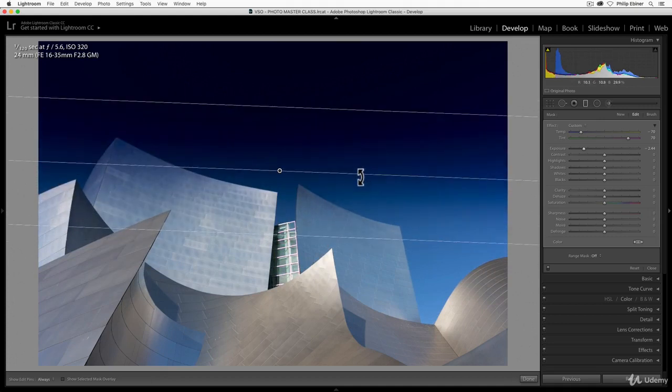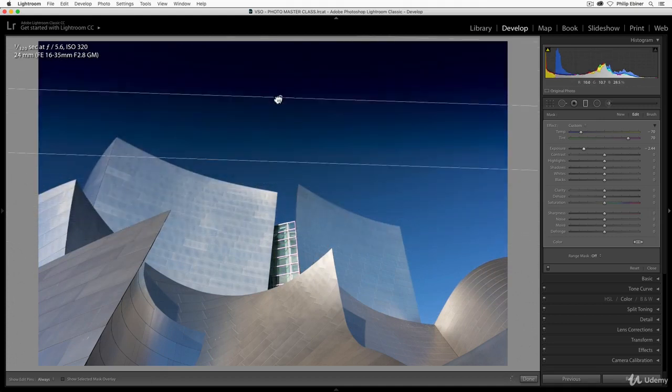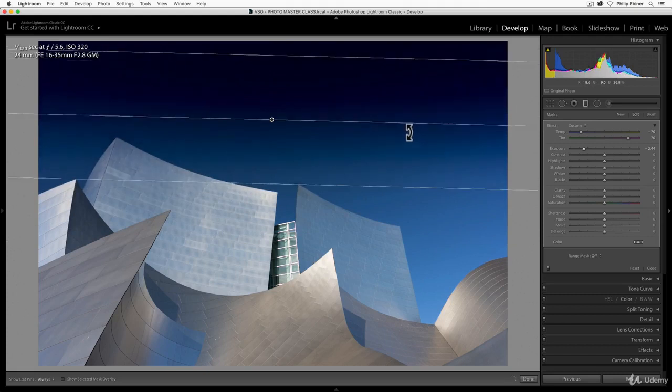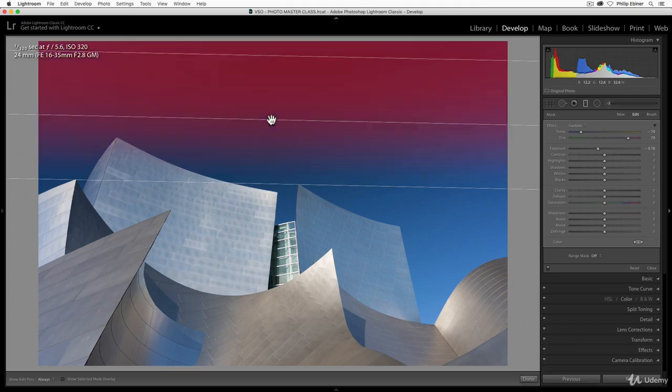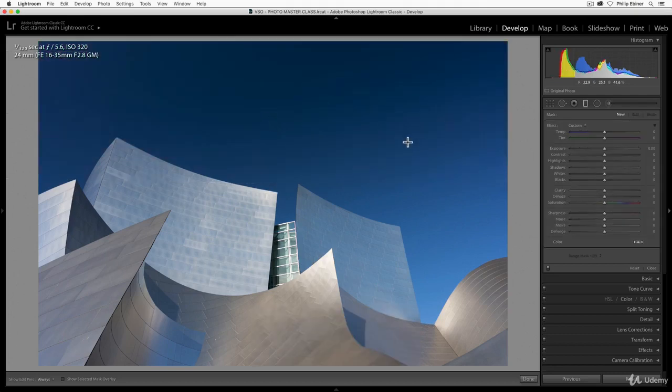So this looks pretty intense. I mean, this is kind of unnatural, but if you want that dark sky at the top, maybe something like that might look a little bit better. And this is a way that you can basically do what a polarizer filter does after the fact in post. Okay, so this actually doesn't look that great, but it's a good example of what you can do. To delete a graduated filter, just select the middle button and press the delete key on your keyboard.